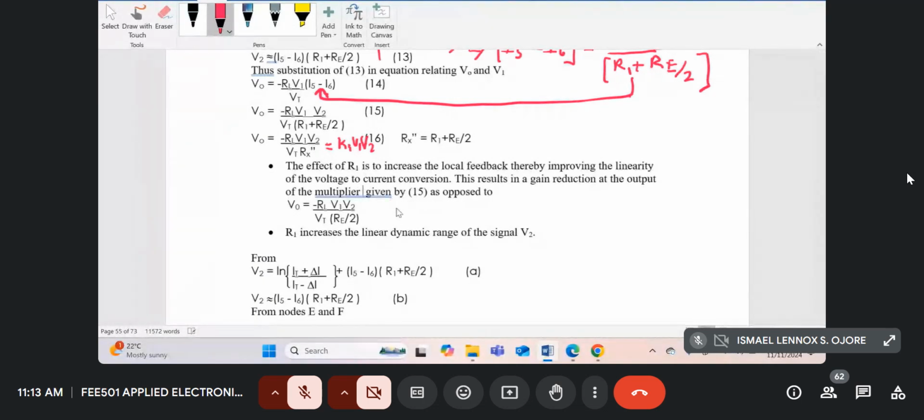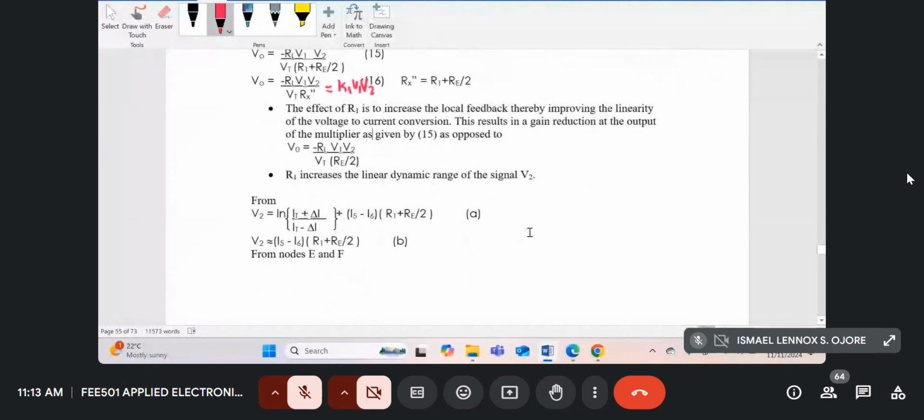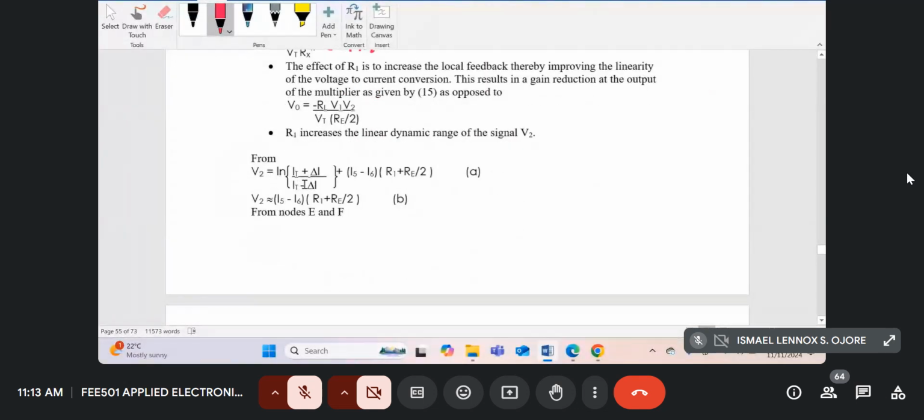I should have written as given by 15, as opposed to when R1 was not there, where the output voltage V0 was equal to minus RL V1 V2 over VT, or divided by RE divided by 2. Now R1 also increases the linear dynamic range of the signal V2. Now that can be shown from this equation that V2